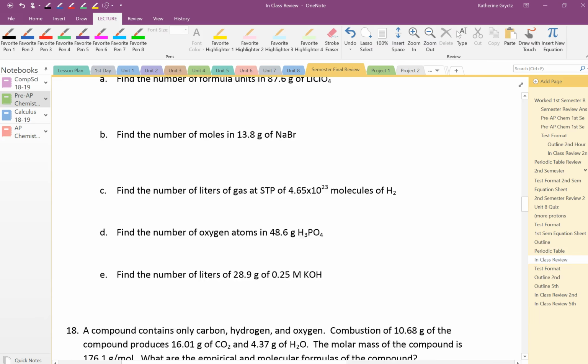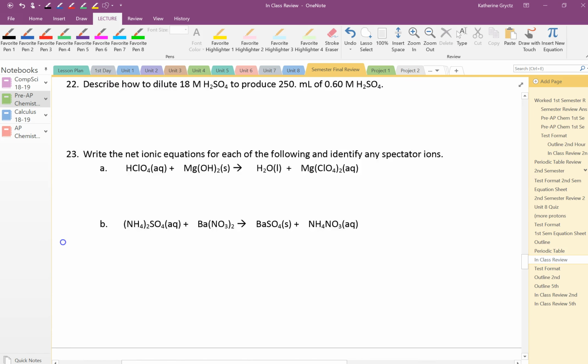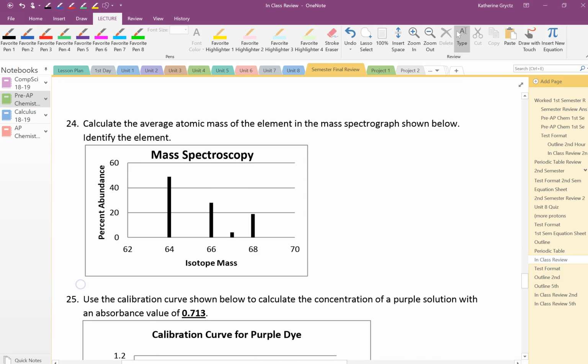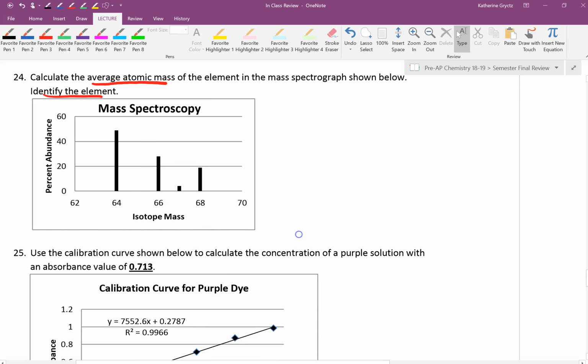It's oddly placed. It was a picture, so I needed a little more space. So it's down on 24. It says, can you calculate the average atomic mass of the element in the mass spectrograph shown below and identify the element? You can do this a little bit quicker. You could probably find this element pretty easily, but I want to go back over